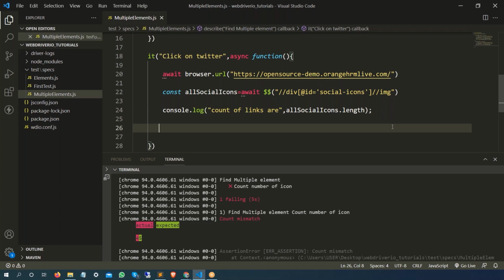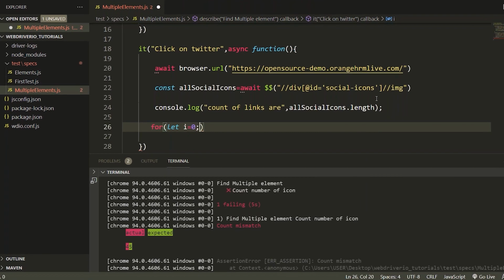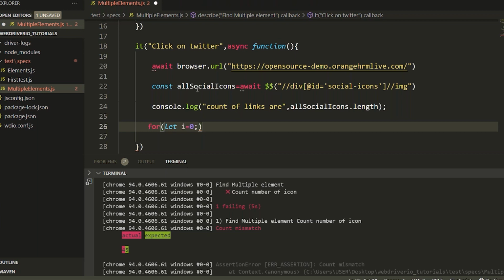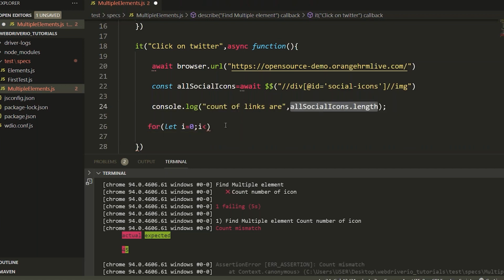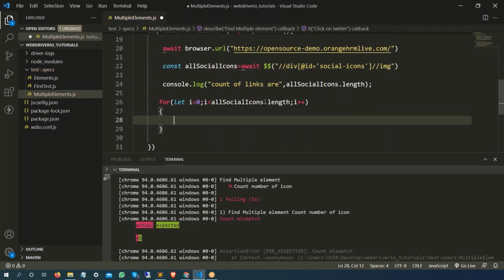Now I'm going to write a small for loop which will basically iterate all these social icons one by one. I'm going to start with a standard for loop, but you can use for each as well. So I'm going to start from 0, then I will iterate till the count of this social icon. I should be less than the length of the social icon. So this is going to return 4, right? So it will start from 0, 1, 2, 3, and every time I will increment by 1. Within this for loop, we are going to capture some of the values from here,